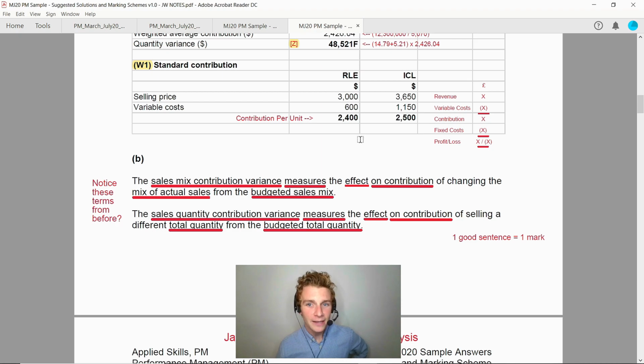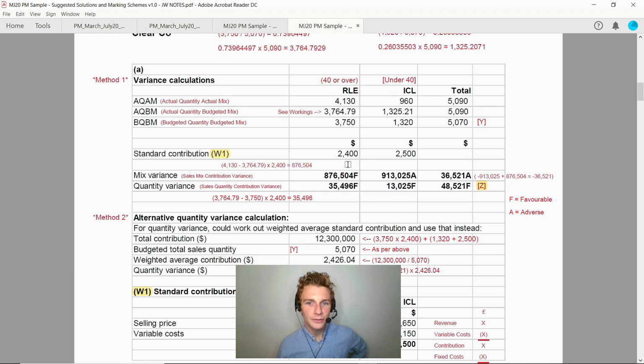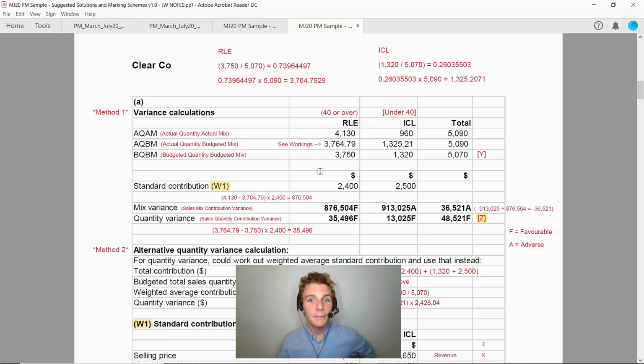So let me take you back up now. So we've got the 2.4 and the 2.5. Now notice, I'll use the mouse, that is where the figures are located. But coming on to the figures that were actually given in the examination, or should I say in the requirement, the actual quantity, actual mix, and the budgeted quantity, budgeted mix are given for us, nice and easy. It's these workings up at the top for the RLE and the ICL we need to pay attention to, because what we're saying here is take our budgeted